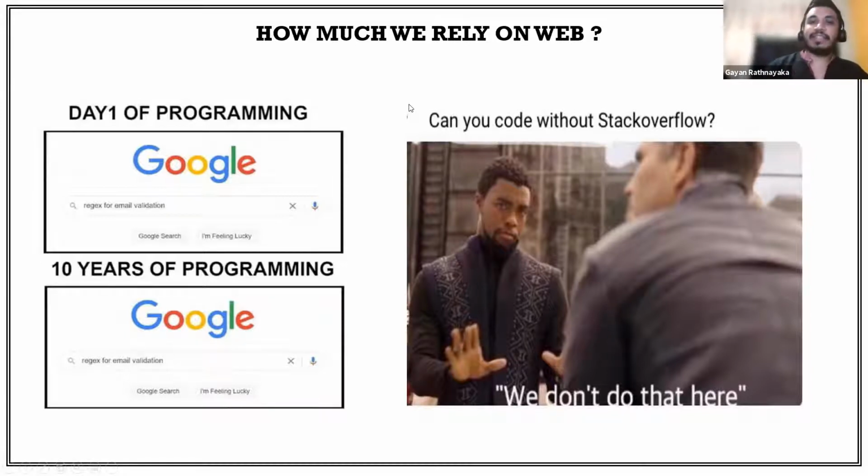And today, this is the base ground that we are laying for the AI pair programming section. Because for pair programming AI to suggest code, there should be a source, right? So the source of the AI is the web, maybe GitHub and Stack Overflow, maybe Microsoft sites. The data they refer to is on the web. So that's why we are first covering how much we rely on the web and how important it is.